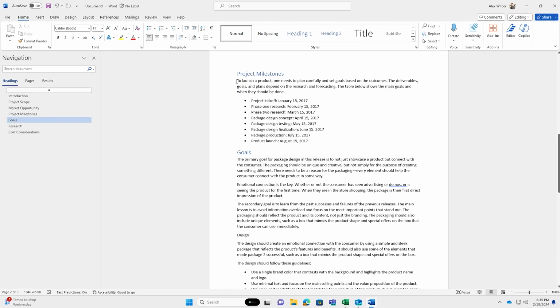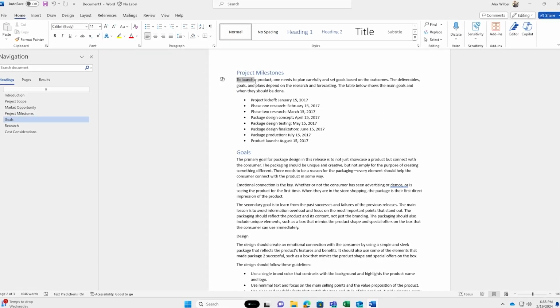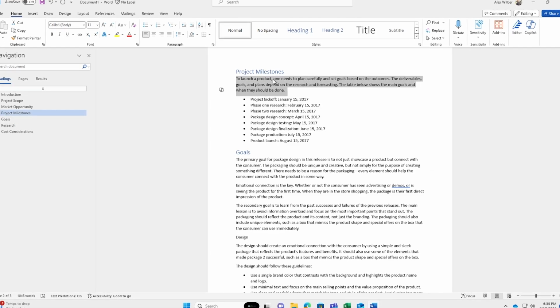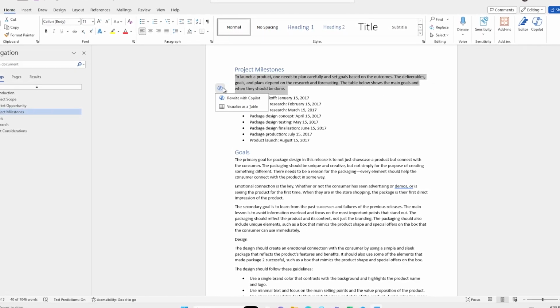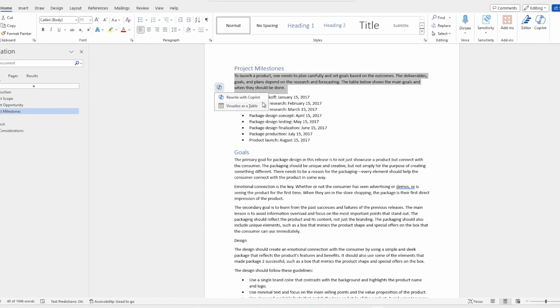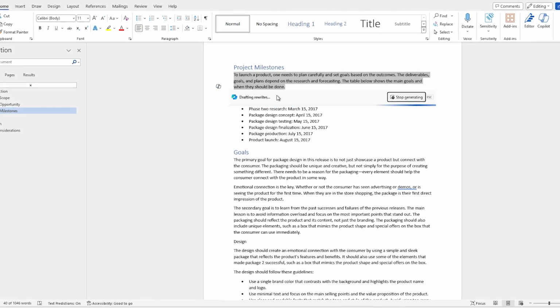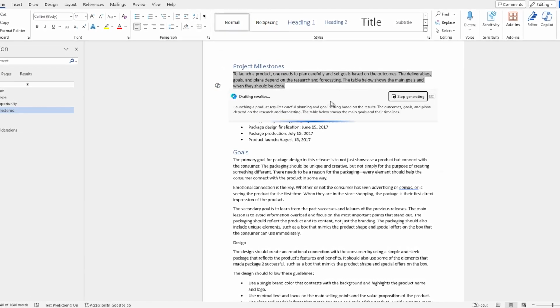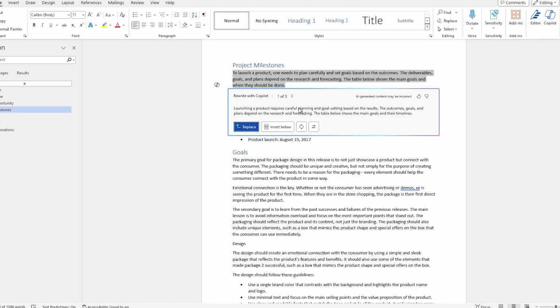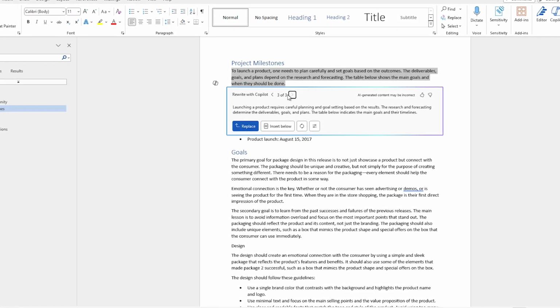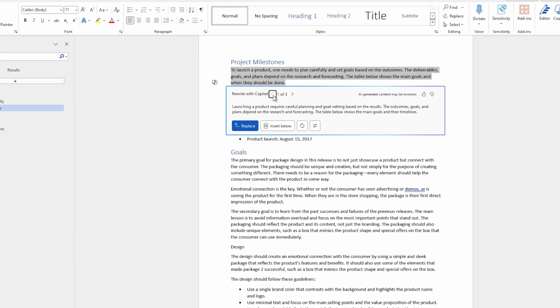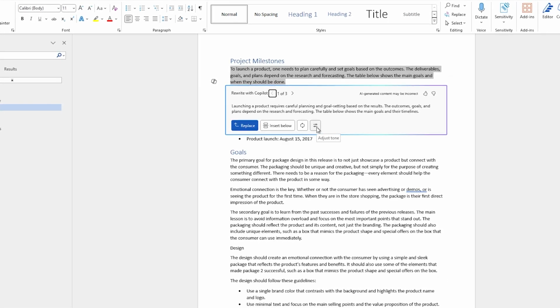With pre-existing text in your document, highlight the portion you wish to rewrite or convert into a table. Click on the Copilot icon located in the left margin adjacent to your text. From the drop-down menu, opt for Rewrite to receive rephrase alternatives from Copilot. You can further fine-tune Copilot's output by selecting the Adjust Tone button or opt for Regenerate to get a